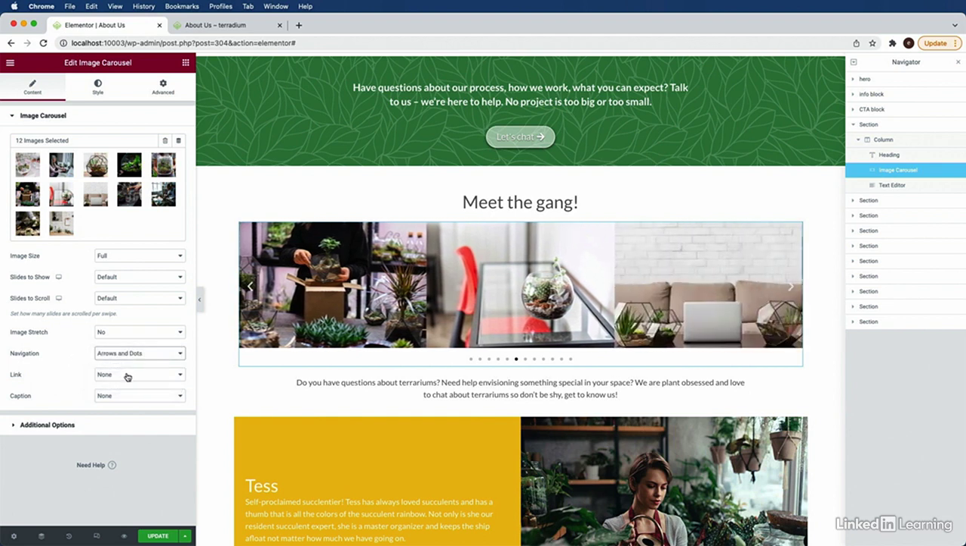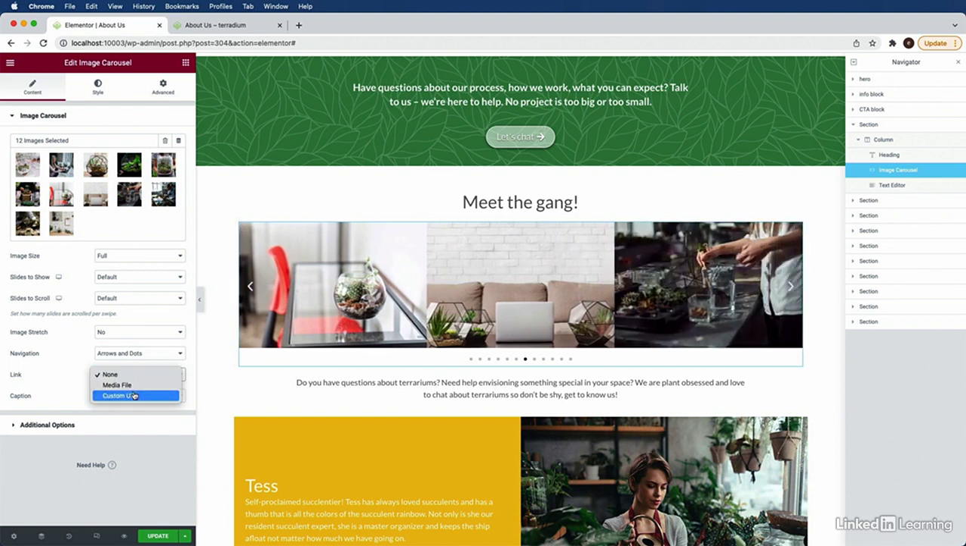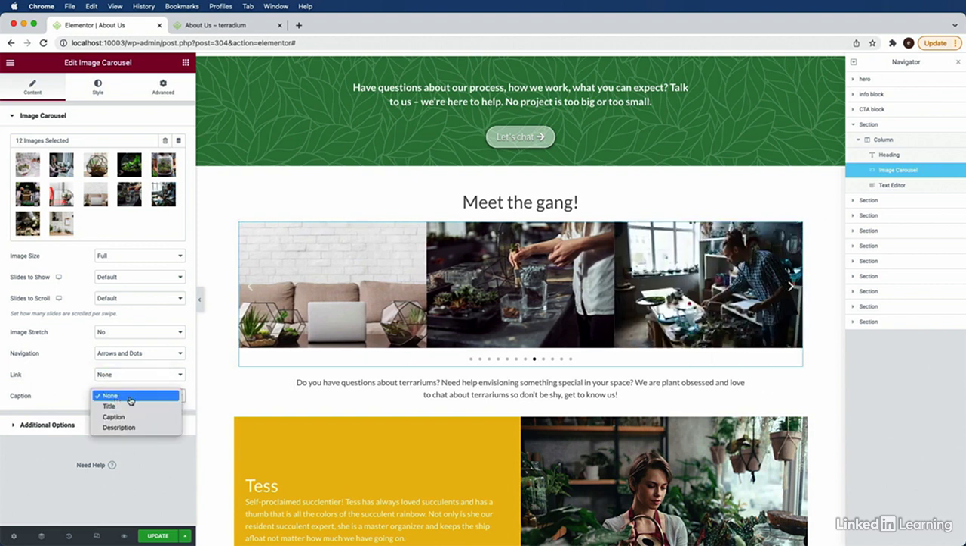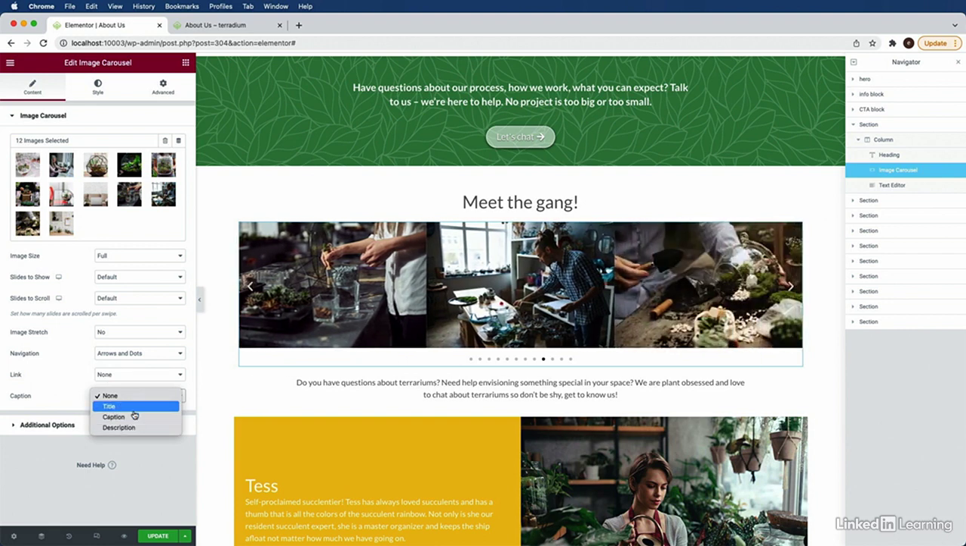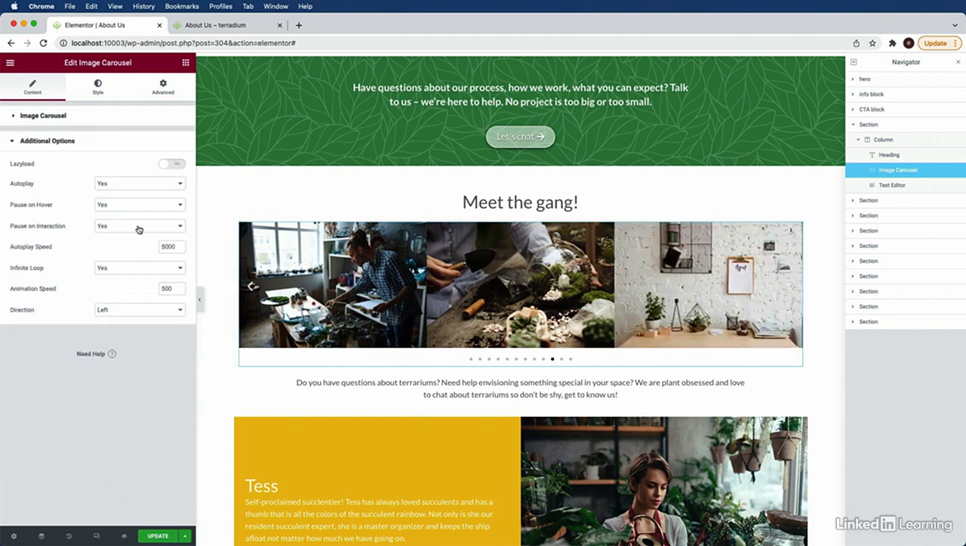If you want your images to link to a larger file, you can use media file, or you can add a custom URL. I'll have mine set to none. And here's where you can tell the caption to show. You can either use the caption, or if the image has a title or description, you can use that as an alternate method. Under additional options, this is where we can control the speed at which our carousel is going